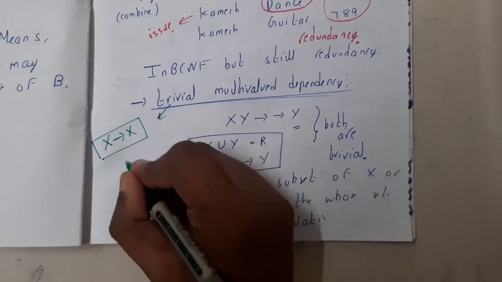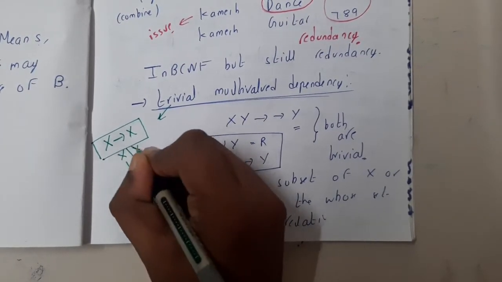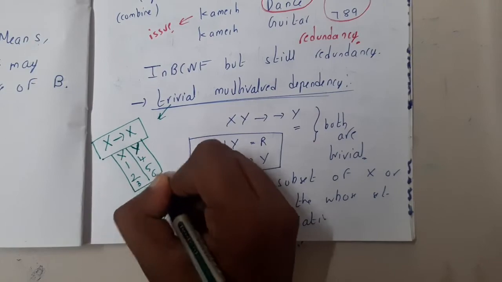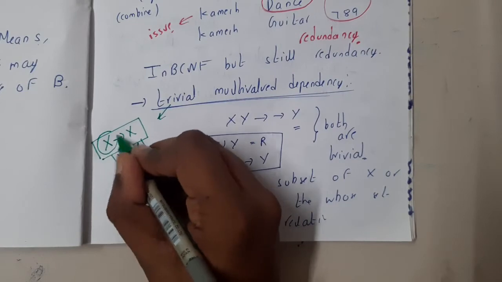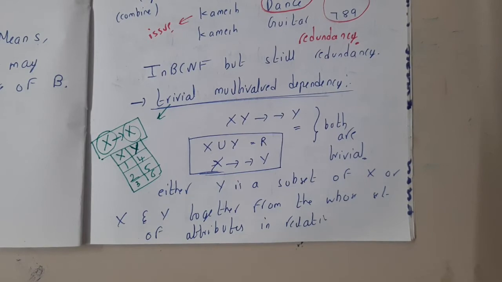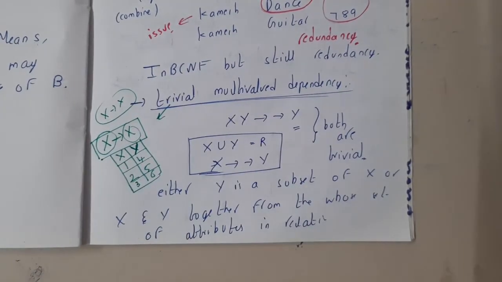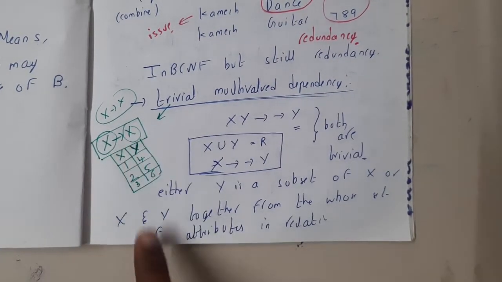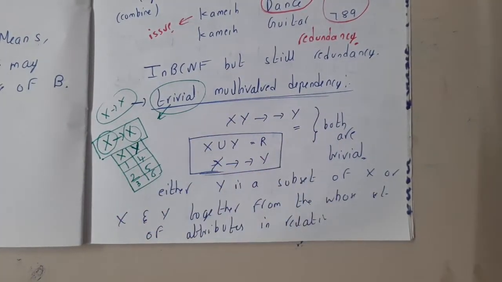If I have a table with X and Y, what does this statement say? It says that if I give the X value, you will give the X value. Does that make any sense, guys? That is a useless thing, right? I give you the X value, you give me the X value. I already know the X value, so why do I need that? If it is X implies Y, it is valuable because I don't know the Y value. I give the X value, you give the Y value, so that's an interchange. But X implies X is a waste of your time. Those types of things are nothing but trivial. They are not important, they are wasted things.